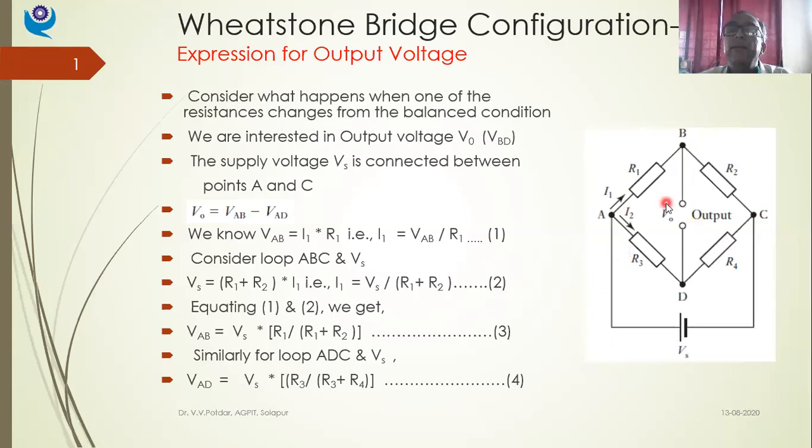Now, what is our objective? Yesterday we saw when all the resistances were equal, there was no resistance change, the output was 0. Now we saw what should be the condition for initial balancing. What is the meaning of initial balance? Initial balance means output voltage is 0, isn't it? Now, today we'll see if one of the arms of the bridge, or two arms, or four arms, all these resistances are replaced by strain gauges, let us say.